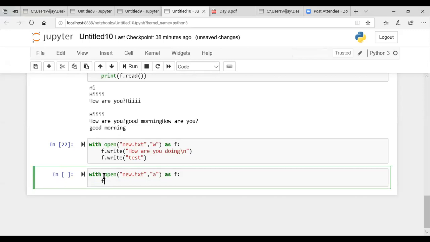Then I'll say f.write, and I'll print this on a new line. I'll say, something is appended.